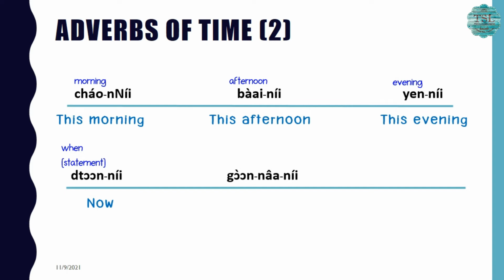ก่อนหน้านี้. ก่อนหน้า means before. So ก่อนหน้านี้ literally means before this. And the last one, หลังจากนี้. หลังจาก means after. So I think it's easier now to get the meaning. It means after this. หลังจากนี้